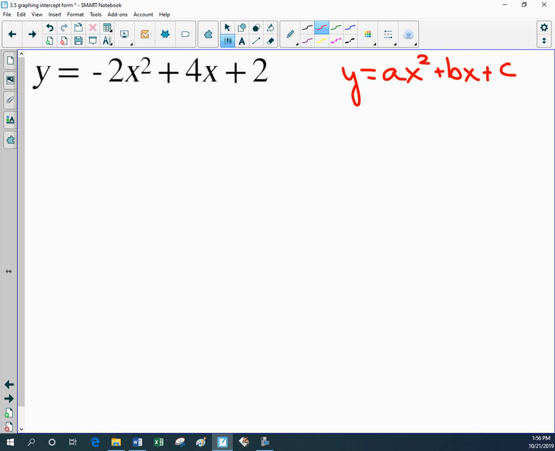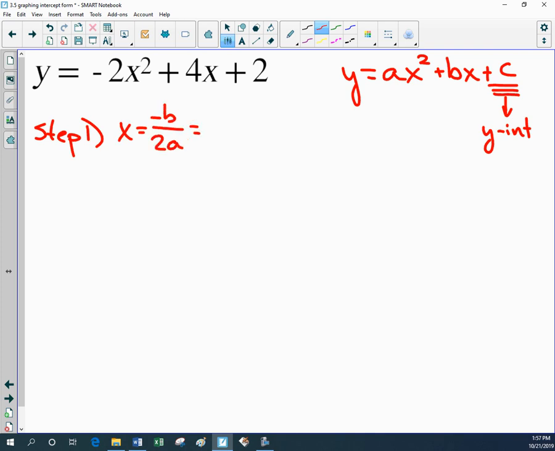So the number in front of x squared is a, the number in front of x is b, and then the constant is c. And the thing we want to remember about c is that in standard form, this tells us the y-intercept. Okay, so to graph y equals negative 2x squared plus 4x plus 2, we basically have three steps. So step one is to find x. And to find x, or the axis of symmetry, we take the opposite of b divided